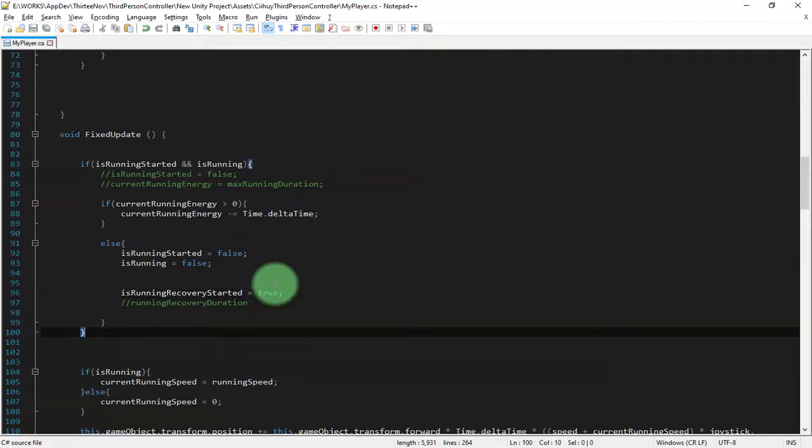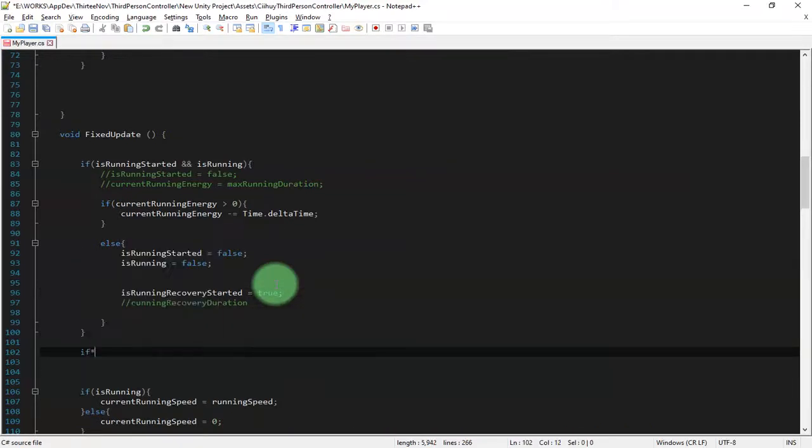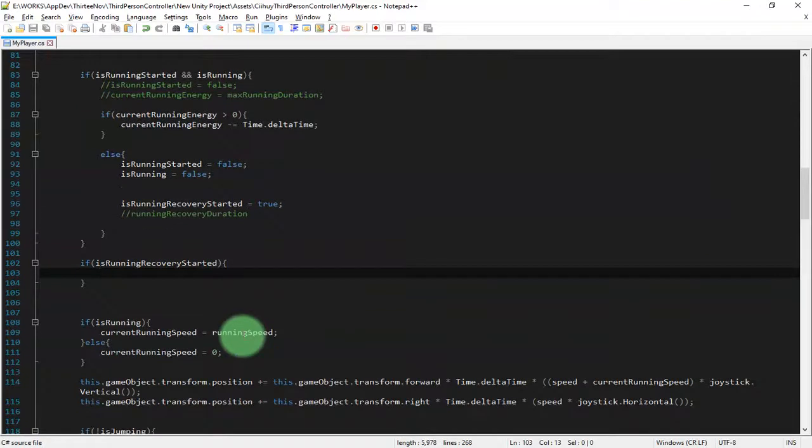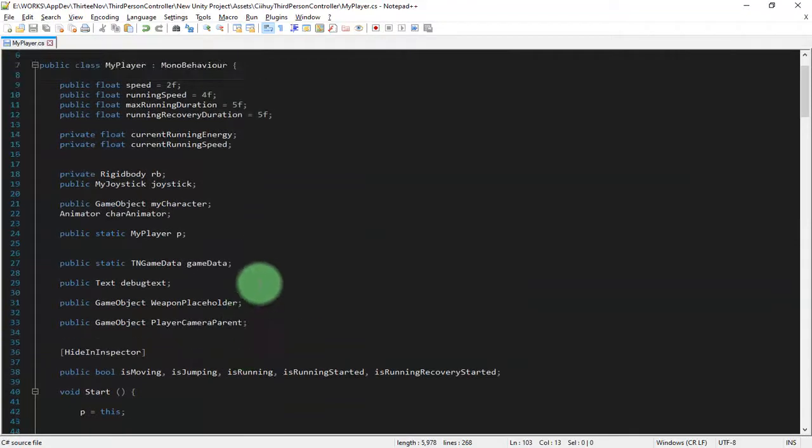Then here is another if statement. If isRunningRecoveryStarted is true, I will add another timer, but I still need another variable to hold the value of the current recovery timer.